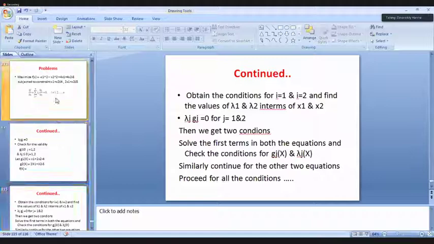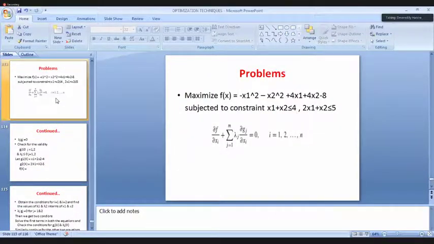Now coming back to this, the next thing. Now to go to the first equation, write this first equation. Put i equal to 1 in it. What is happening here? dou f by dou x1 plus summation j equal to 1 to 2 lambda j dou gj by dou x1, you write, equal to 0. Can I find dou f by dou x1, please? First substitute i equal to 1 in it as it is, not do anything. Put i equal to 1, substitute m as 2. Now tell me what is dou f by dou x1?